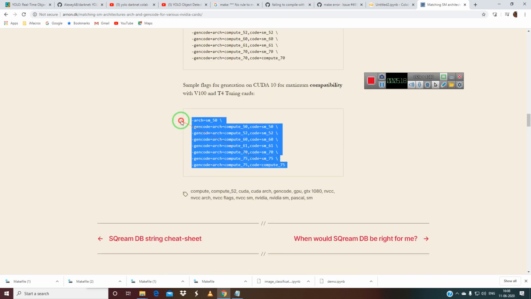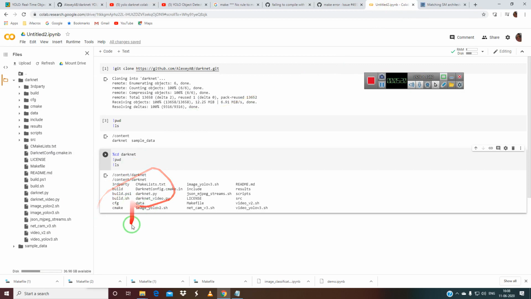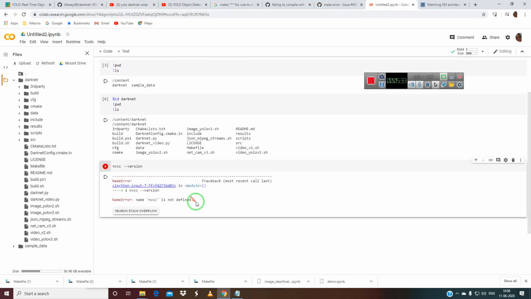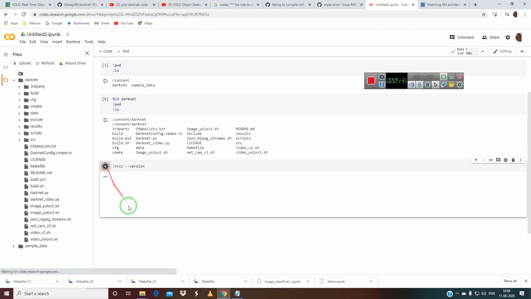You have to copy this, because in Colab you are using a different kind of GPU. For example, I will show you nvcc --version. This is the CUDA version it is using. Okay, nvcc is supposed to be defined, so it has to be used with the exclamation symbol.